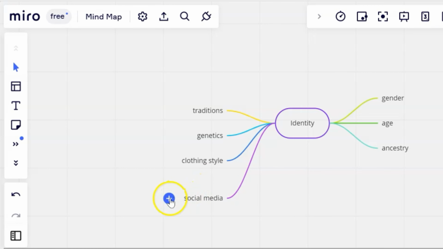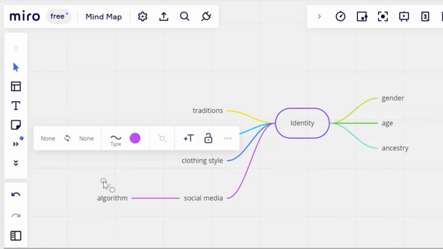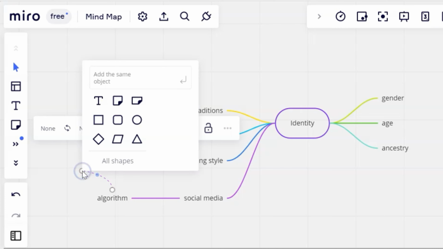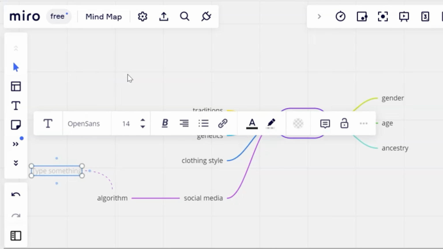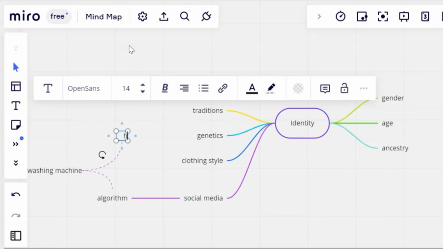He said, "My social media algorithm is built on what I like. Then I see more of that, and that continues to feed into my interests. It's a cycle." The discussion continued as students debated whether or not that was a positive thing. And after a while I said, "Okay, how do you communicate that with imagery? What images could you use as a symbol or metaphor for that?" One student suggested a washing machine. Another student said a hamster wheel. Gradually, more students walked over and engaged in the conversation, throwing out new ideas.